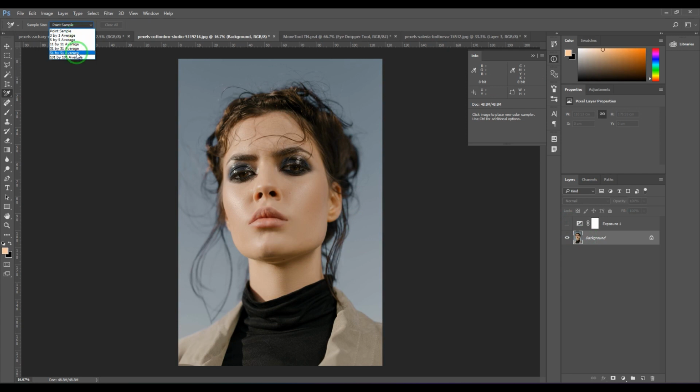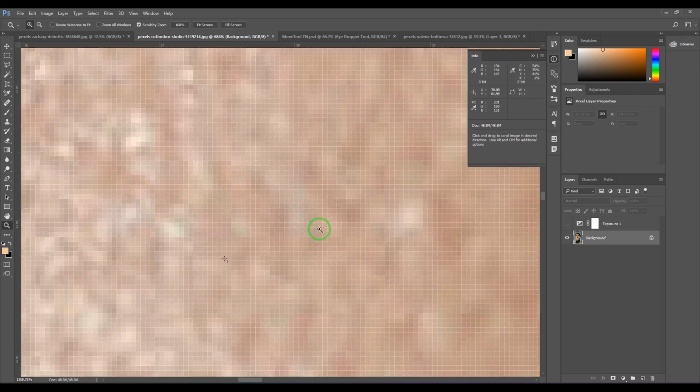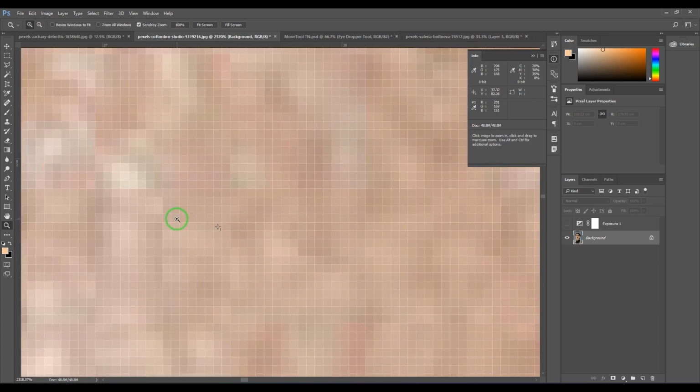If I just choose 11 by 11 average, it is going to average an 11 pixel grid, a square grid. Let me show you, go closer there. So you got that grid, isn't it? So 11 pixels width and 11 pixels height, it averages that into one color, and that color is going to be the sampled color. It doesn't choose that specific pixel actually, so it averages a range of colors,